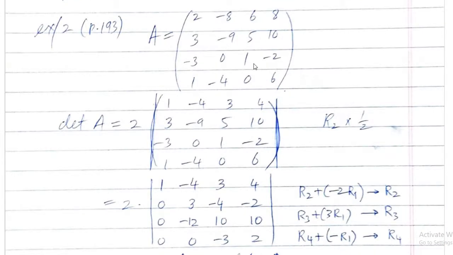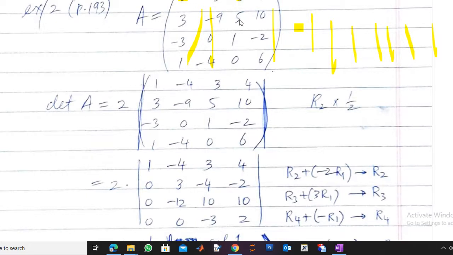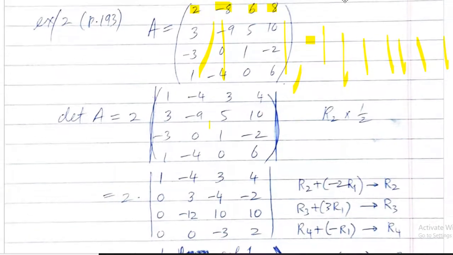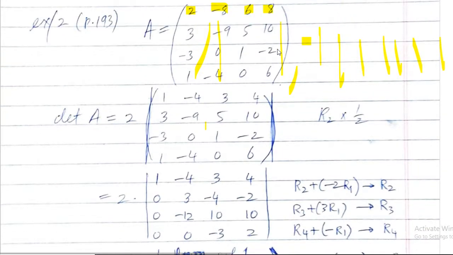You see, this is a 4 by 4 matrix and it is not triangular, with not many zeros. If I start with the traditional method called cofactor expansion, I will pick 2, remove its row and column, and write 2 times this 3 by 3 matrix. Then minus 8 and remove its row and column, again a 3 by 3. So I will write four 3 by 3 matrices here. Lot of work, right? So why don't we want to do that? Because it takes huge time.